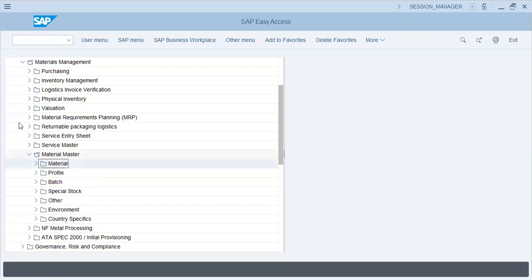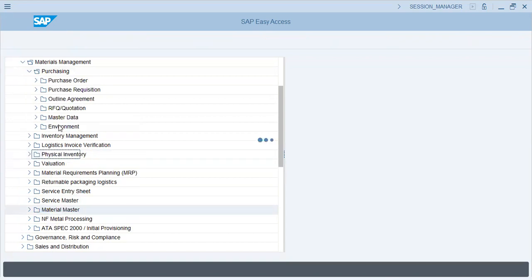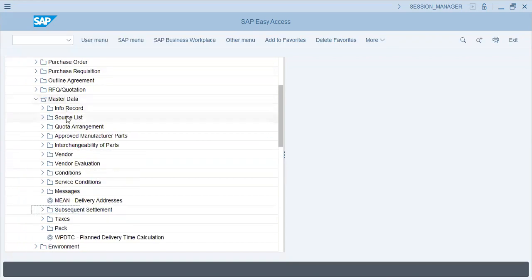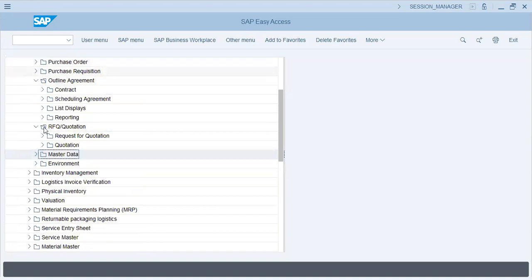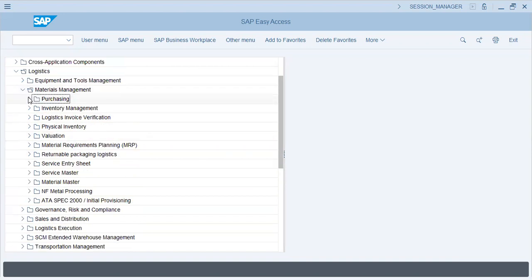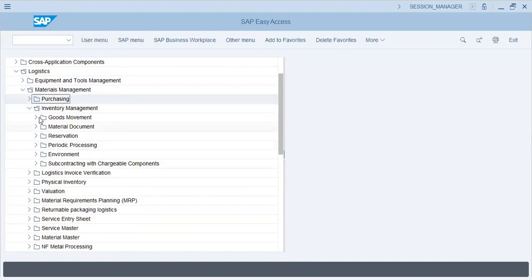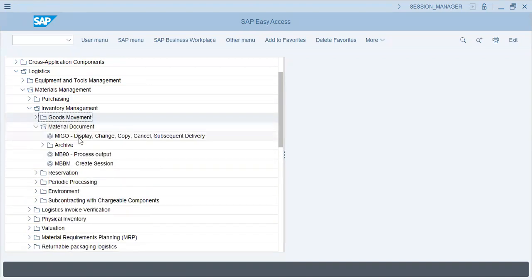Now, what we'll actually see will be a major part in purchasing. In purchasing, we'll start with source listing, info records, quota arrangement, vendor management, then RFQ, outline, purchase requisition, purchase order. Okay. And then we will actually go for inventory management. There is a lot to be seen in this. Goods movement with MIGO, material document,